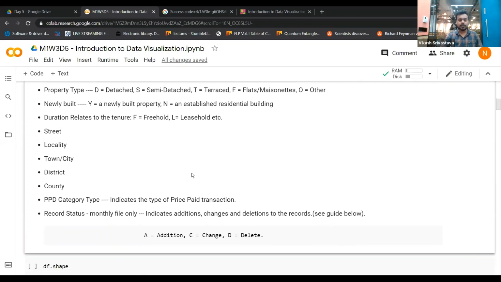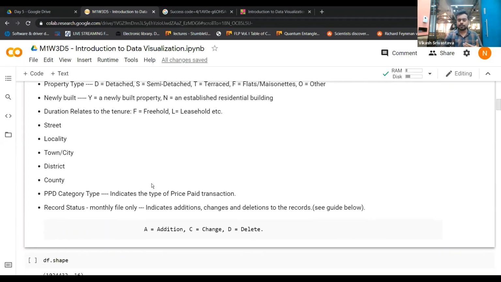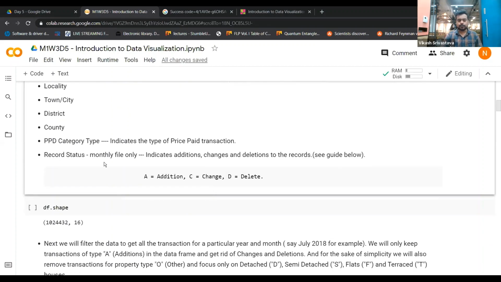Okay, and then you have the PPD category type, which indicates the type of price paid transaction. And finally the record status, in which let's say some information was added regarding that particular sale. So that denotes this particular record status. A will denote addition, C will denote change, and D will denote delete. So these are the values which are available in record status, and this indicates essentially additions, changes, or deletions